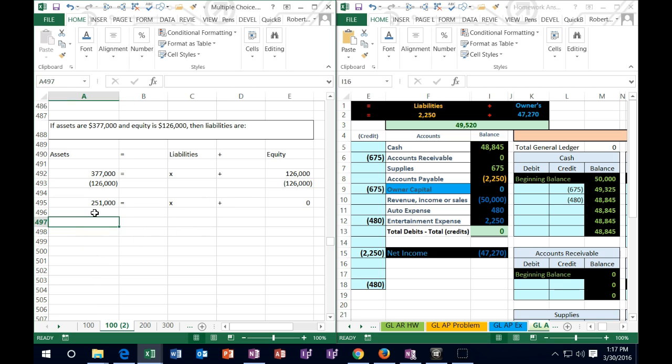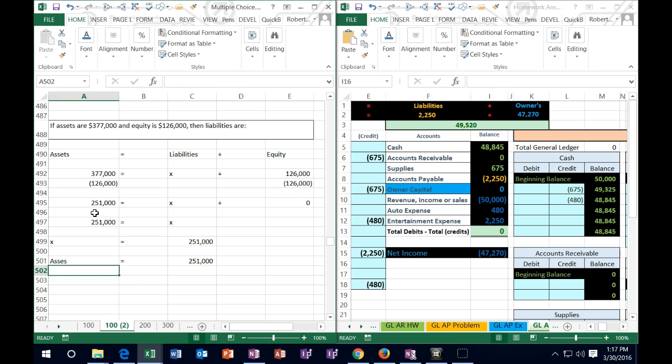Therefore, we have the 251,000 equals x. And we can rewrite that with x on the left, which we tend to like to see. So if 251,000 equals x, then x equals 251,000 as well. And once again, we know that x is assets. So assets equal the